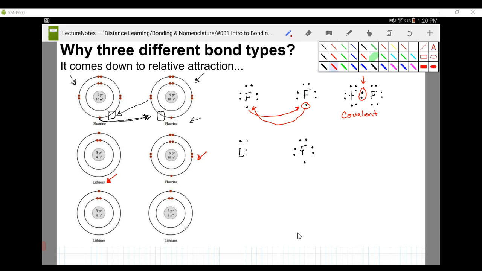fluorine with its really strong attraction is going to pull on that electron again. It's going to draw it into that empty space on its outer orbital. Lithium's really weak. It's not going to be pulling on anything from fluorine. So it cannot compete with its 3 protons compared to fluorine's 9. So what ends up happening is that after this pull occurs, lithium's going to end up with 1 less electron, and fluorine is going to have 1 extra. So there's the original 7 there in black, plus the 1 new one it gained, which gives it a -1